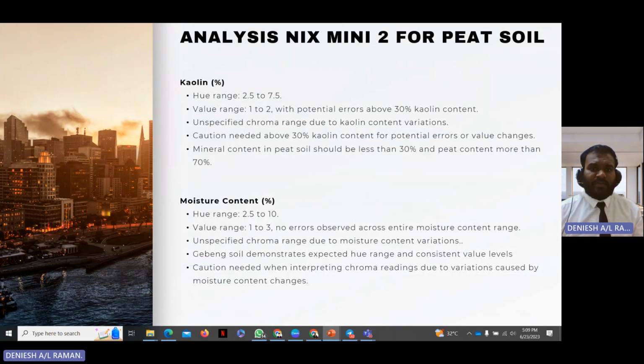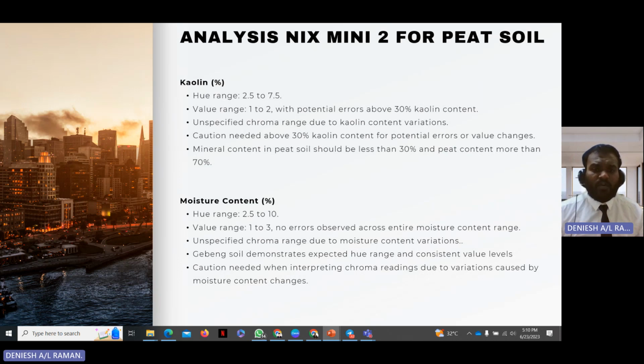the value, which is the hue range is 2.5 to 7.5. The value range is 1 to 2, which is a potential error above 30% of kaolin, because in the peat soil standard data, peat organic content must be more than 70% and mineral content less than 30%. So caution is needed above 30% kaolin content for potential error of the value